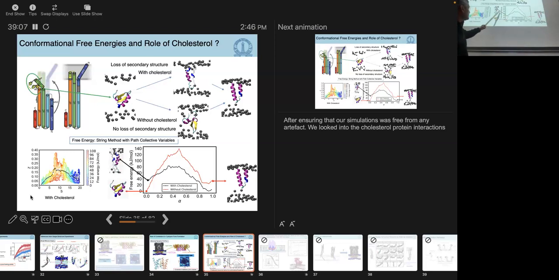When you have cholesterol, there's already an initial unfolding, right? And then there's a smaller barrier to overcome to go to the final state here. Again, when you don't have cholesterol, this unfolded state is an intermediate which occurs somewhere here, right? So cholesterol seems to catalyze this whole process. We've got a lot more information on more detailed maps of interaction with various residues and so on, which gives us more molecular insights. So I think this gives us the role of cholesterol and tells us how, at least for one part of the motif, cholesterol is playing a role.